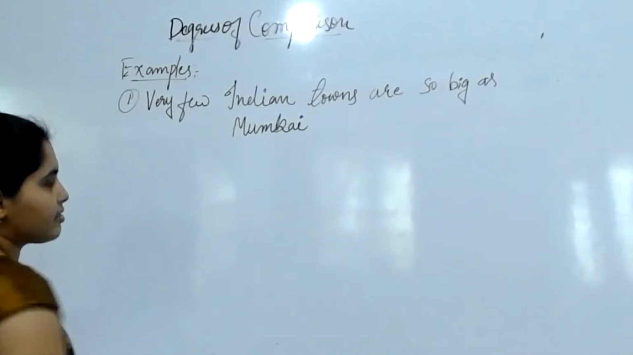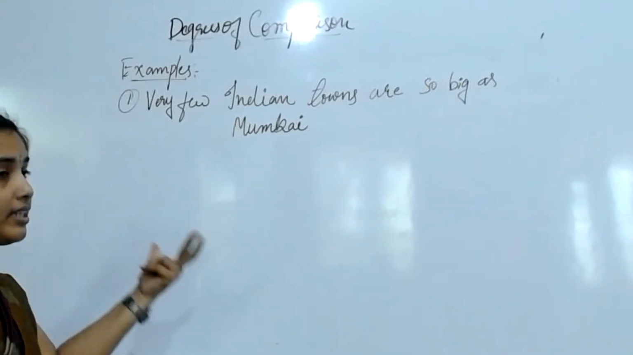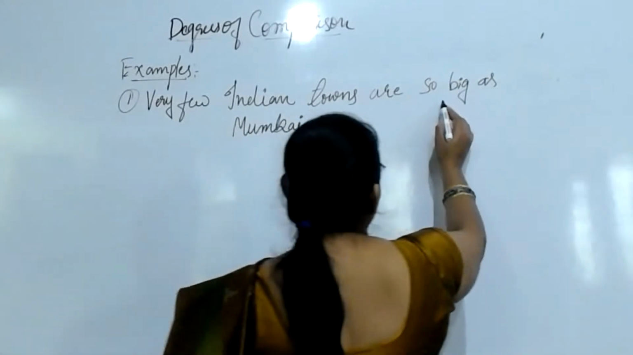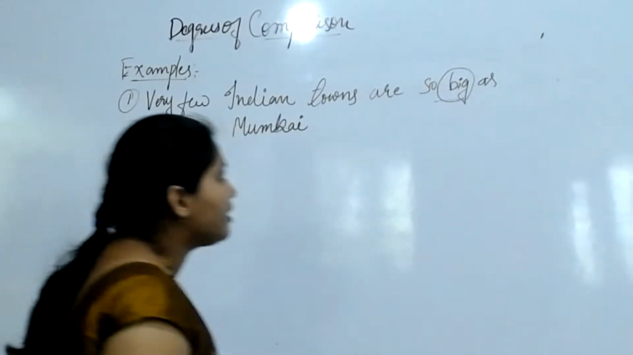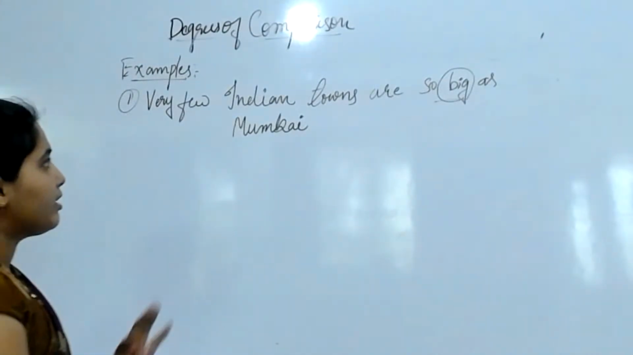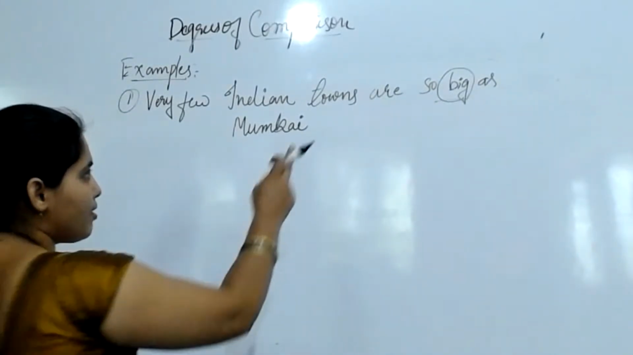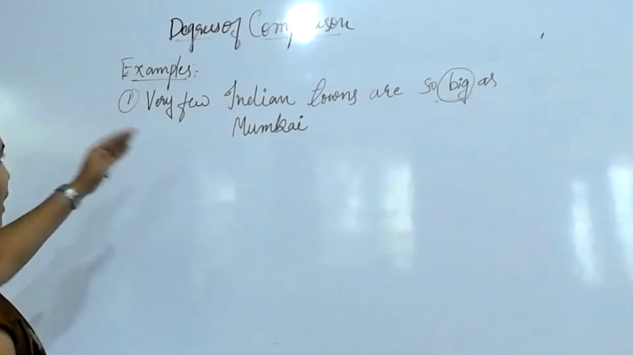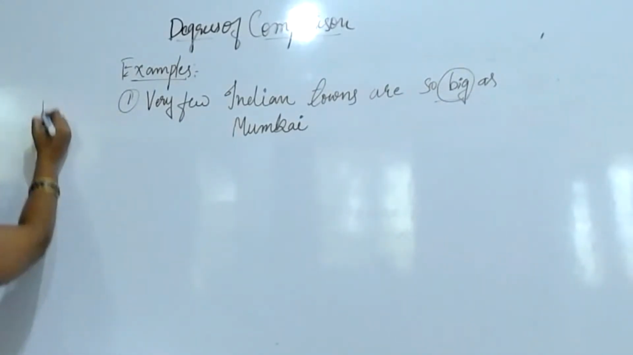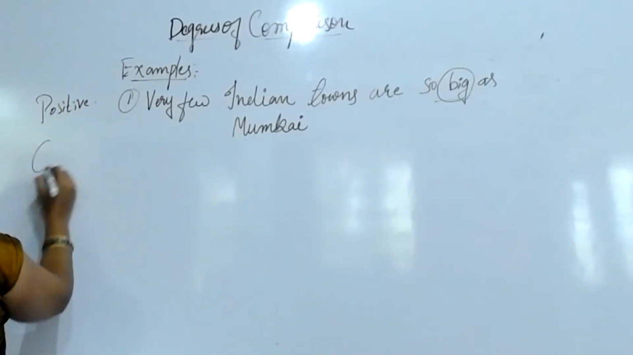So, which degree is it? First thing you have to do is find out which degree of comparison it is. This is positive degree, right? Because here it is big. So you should find out which degree it is. So this is positive degree. So how do you change this positive degree into the comparative degree? Now,